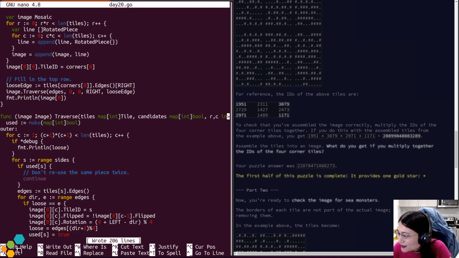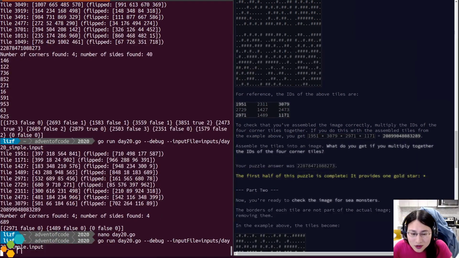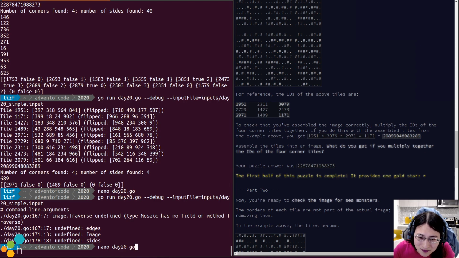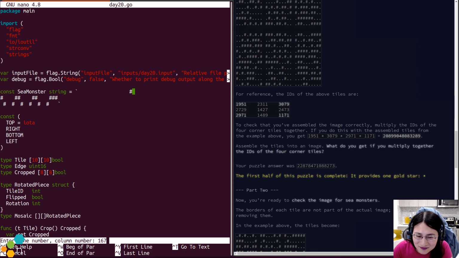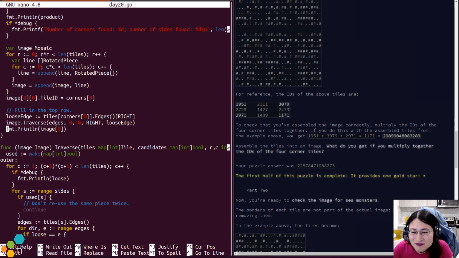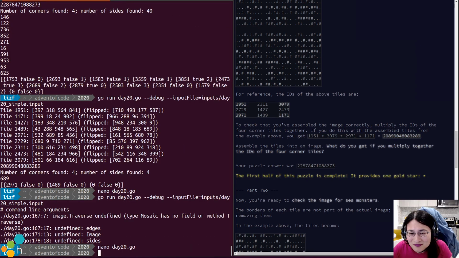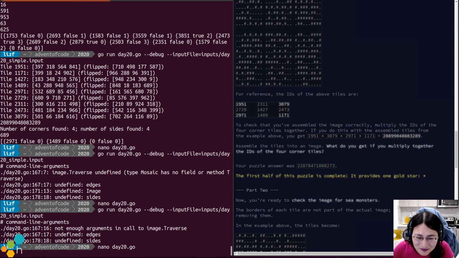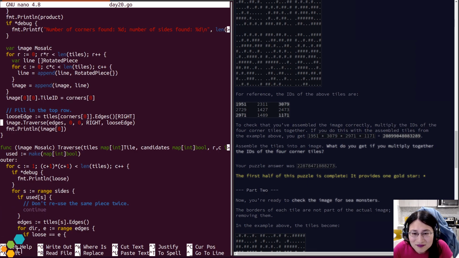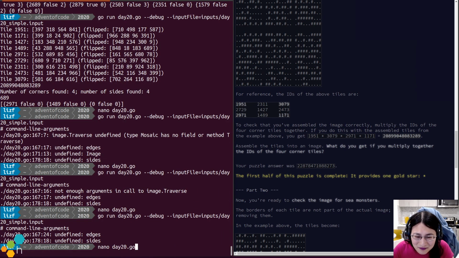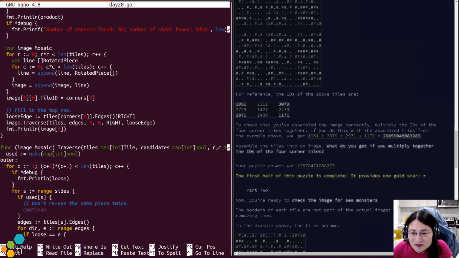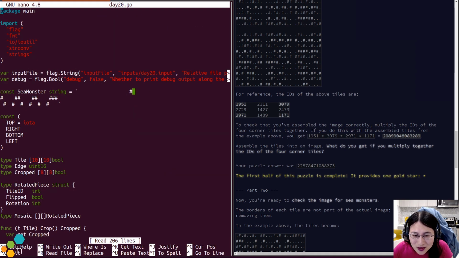That is one long function signature. Edges and sides.